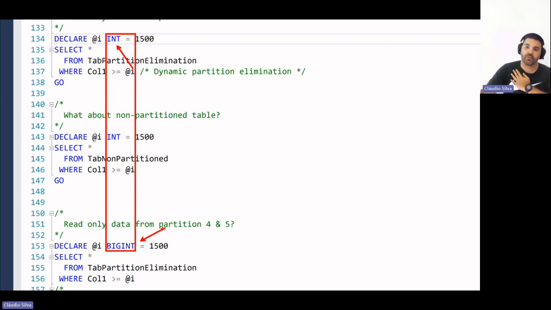SQL Server cannot safely say, I just don't need to read partitions 4 and 5, because I know which value you are trying to read and I know where that starts on my table. Because that can't happen due to the data type, there is an implicit conversion in this case, and the engine needs to go through the entire table to decide whether or not there is data there.